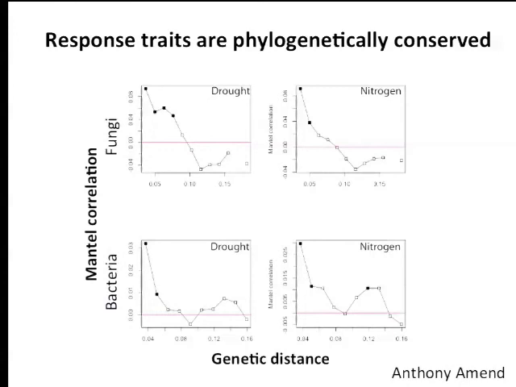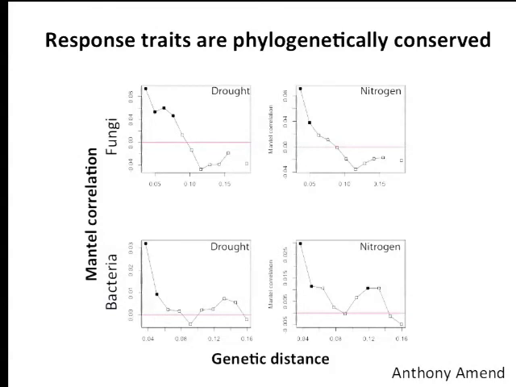thing for nitrogen, that if you're within about 5% of sequence similarity of the 28S ribosomal RNA gene, you also tend to respond the same way to nitrogen addition. And this holds for both fungi and bacteria. Although you can't really compare these two genes because it's kind of like apples and oranges, it's still interesting that both of them are around the same degree of genetic distance that we're able to see a